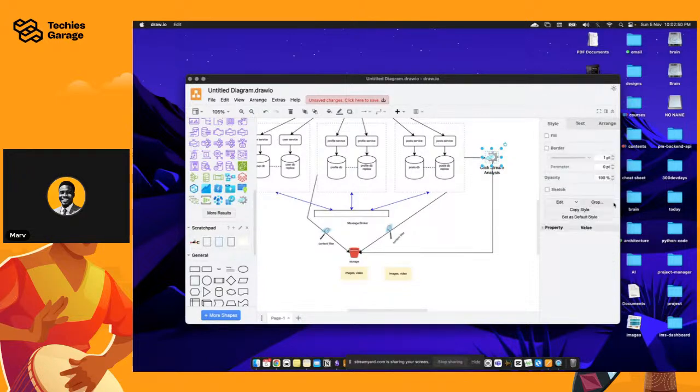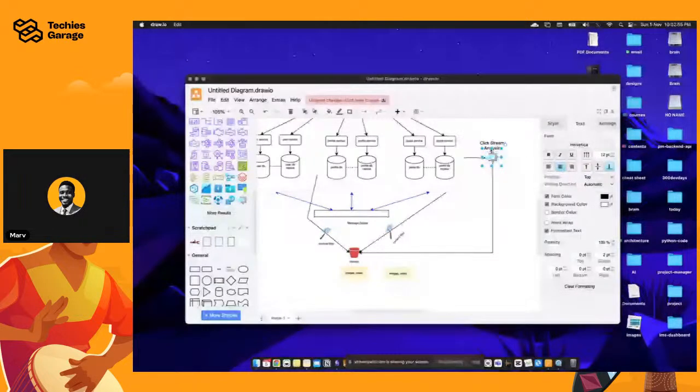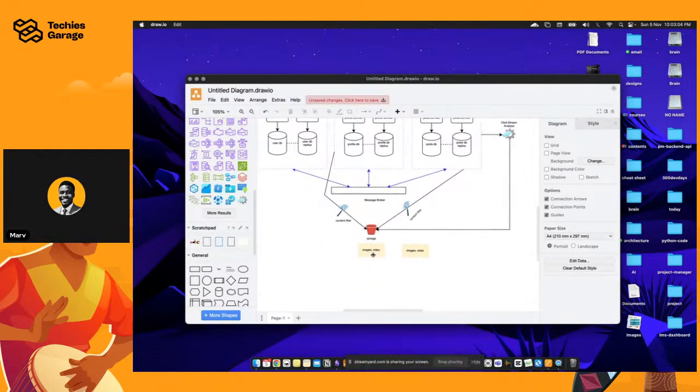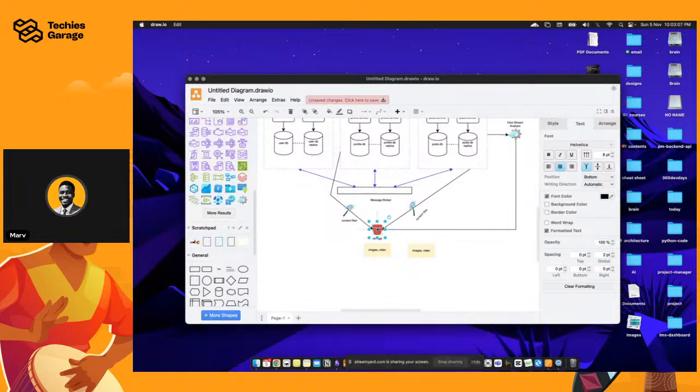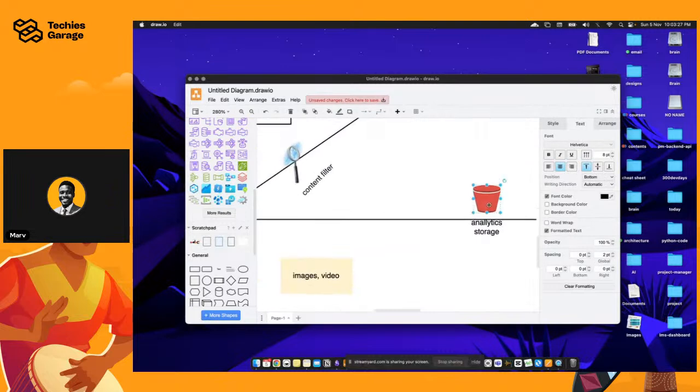I'm simply going to move that text to the top. Okay, good. So after pushing this in here, this is the point where you can even decide to say, I don't want to use a single storage. I want to have a third party, or a different storage bucket for this, which is not bad, right? So you can simply call that analytics storage. Let me zoom in on this.